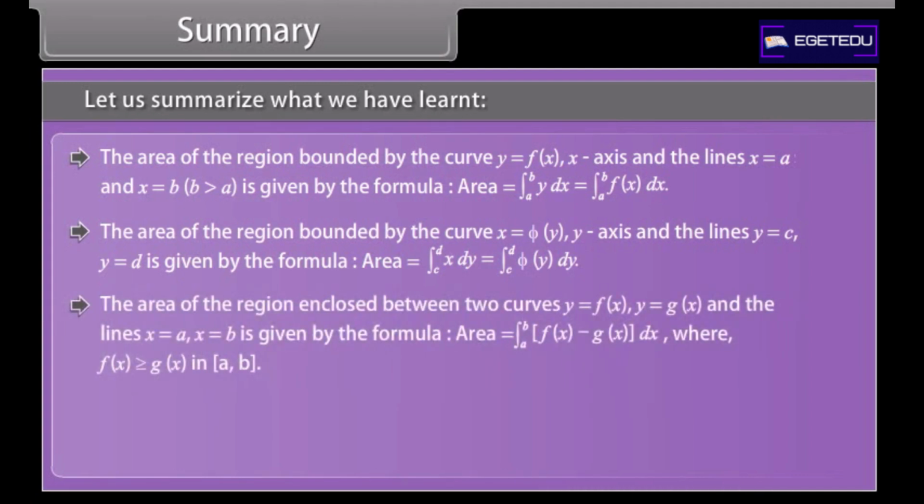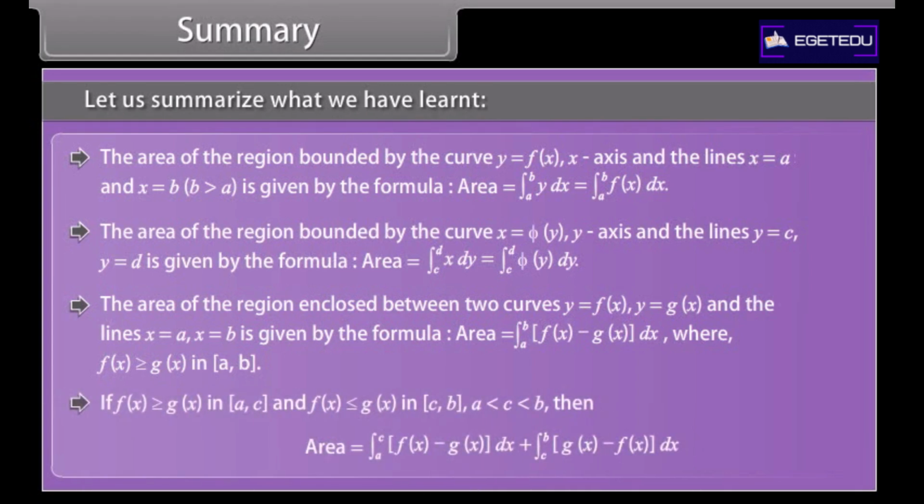The area of the region enclosed between two curves y is equal to f of x, y equals g of x, and the lines x is equal to a, x equals b is given by the formula given below. If f of x is greater than or equal to g of x in [a, c], and f of x is less than or equal to g of x in [c, b], where a is less than c, which is less than b, then area can be formulated as